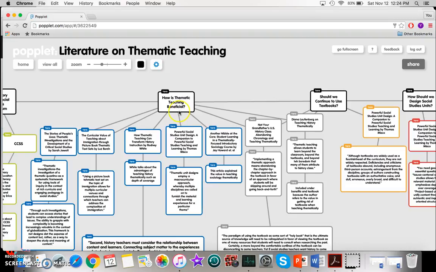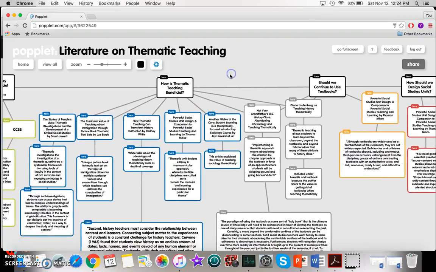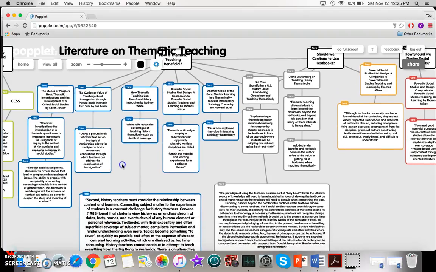The majority of my curriculum, which is this blue section right here, is about how thematic teaching is beneficial. This literature that I found really showed me the benefits of thematic teaching in the sense that most of these authors talked about, and the titles of the articles are listed up here and the authors' names, and down here I have some quotes and some summaries about the articles. But I really learned how important thematic teaching is for the depth of coverage, because our students are no longer